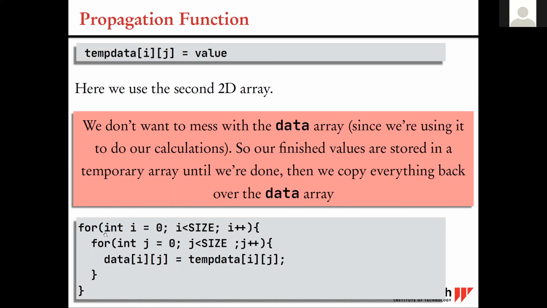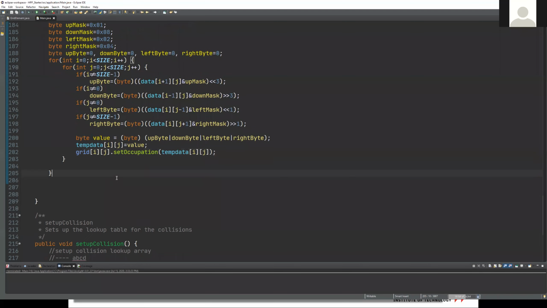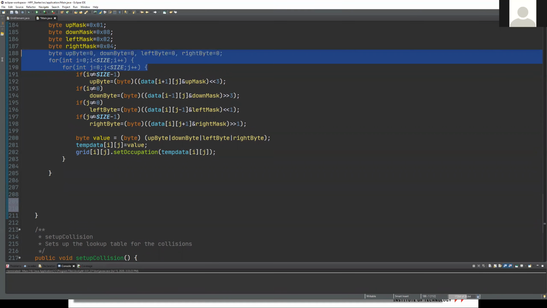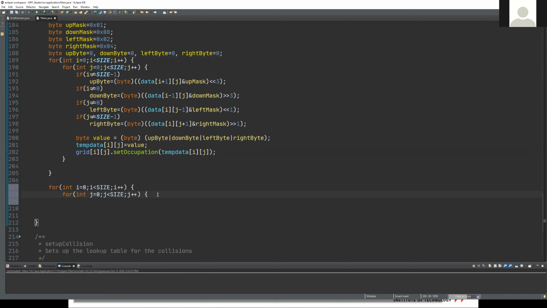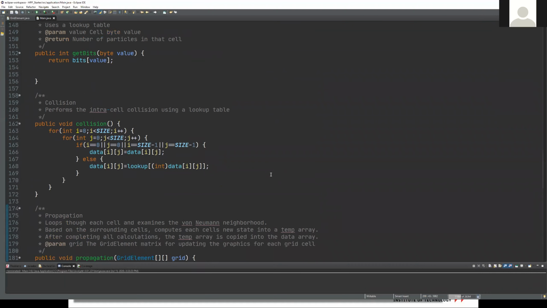So I have one more little loop after we finish everything. After we're done with those loops, we have one more set of these. And this definitely slows stuff down by doing it this way. Just being able to swap pointers actually ends up being a lot faster. So we have data ij equals temp data ij. And that should be it for the collisions. So we're basically done with all the functions. The only thing left to do